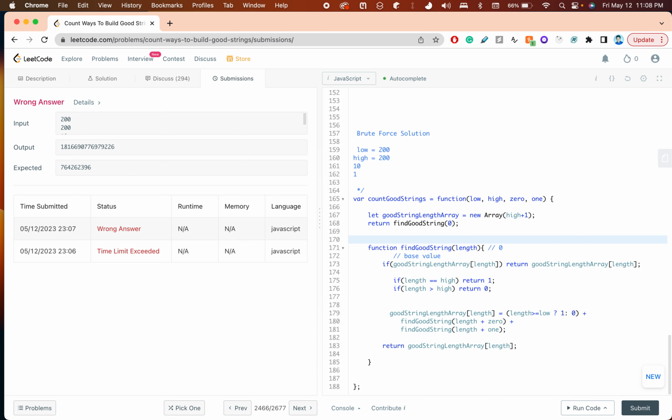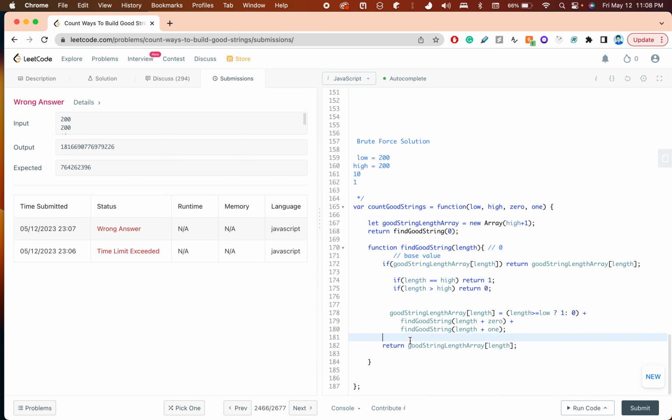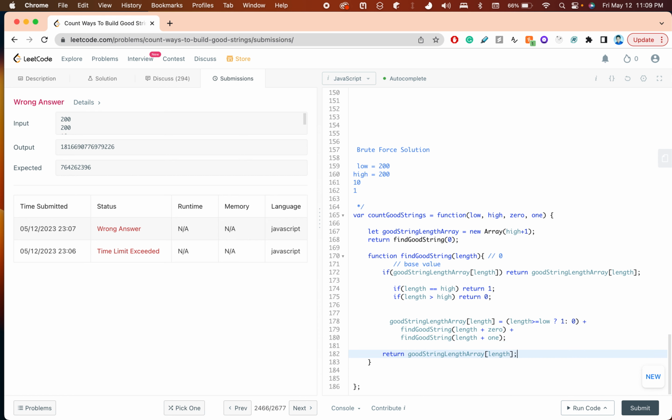I think this gives me a lesson that first of all, just implement a solution, or just be sure that